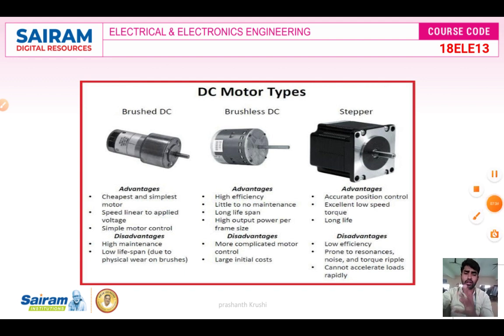I also left out one concept: why we need a starter for the DC motor. The starter is for limiting the starting current, and for protection against over voltage and under voltage. Because the armature resistance is very low and the back EMF is 0 at the time of starting, we need a starter. Keep that in your mind. The equations are Eb equal to phi P N Z by 60 A, and Eb is equal to Vt minus Ia Ra.